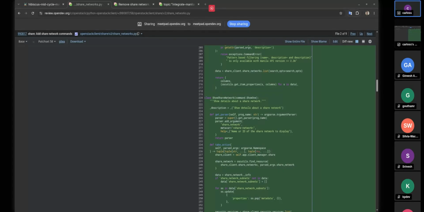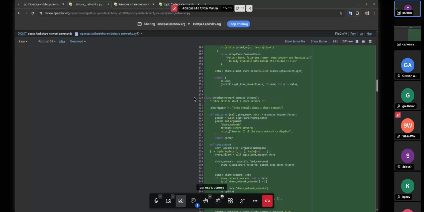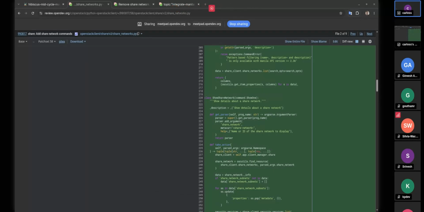And then it was a big quote unquote change for us because it changed the way that we would implement things, and we started directing contributors from implementing and contributing new features to Manila client to the OpenStack plugin. We also needed to tie some testing with that, which we were still working on up until a couple of months ago, and we still have some patches pending reviews for the functional tests.